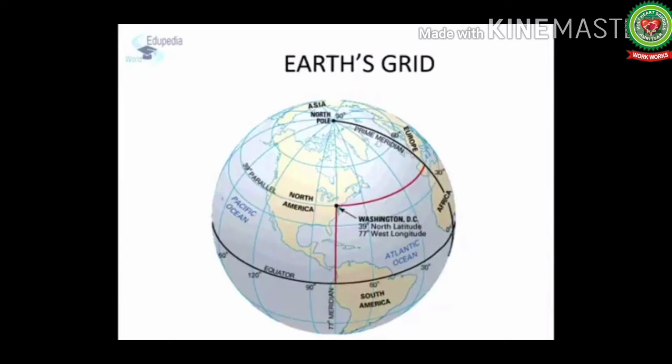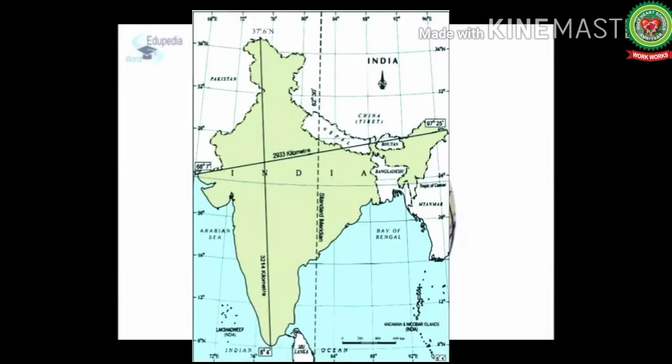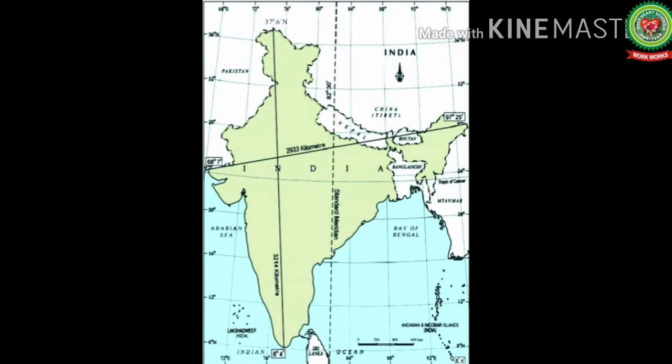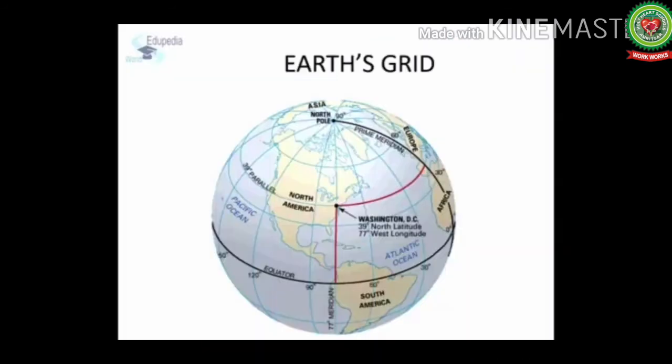For example, if we want to know the location of India, we need to know that it lies from 8 degree north to 37 degree north and 68 degree east to 97 degree east. It means it is lying in the northern and eastern hemisphere between these latitudes and longitudes respectively. This is giving the exact location of India. In a similar manner, we can find the location of any place on the earth with the help of the grid formed by the intersection of latitudes and longitudes.